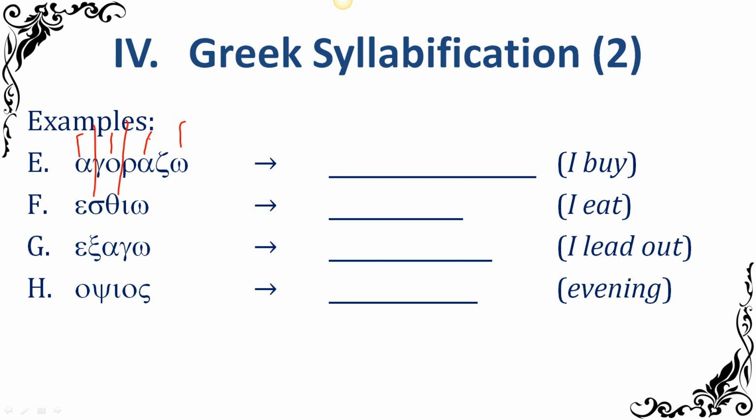And then the next syllable is centered on the alpha, and we know automatically that that alpha is going to pick up the consonant in front of it. That's not even a question. We know it's going to get the rho. No worries there. Which one are we worried about? The one after it. It's not xi though.